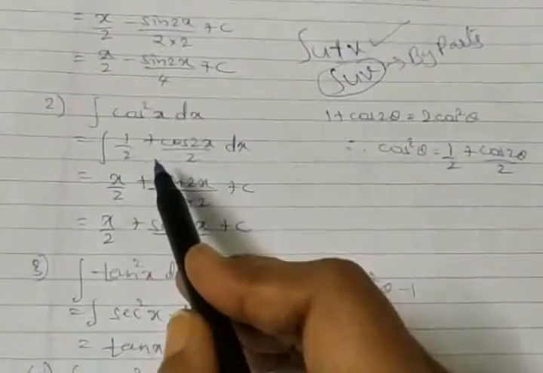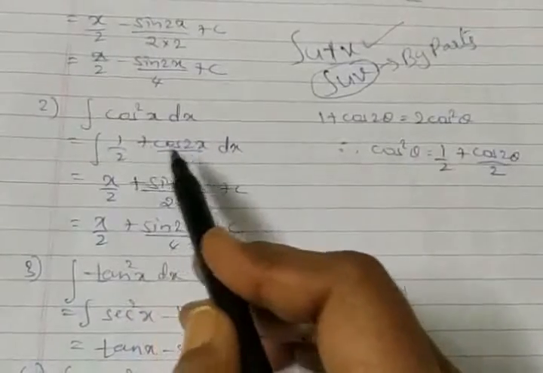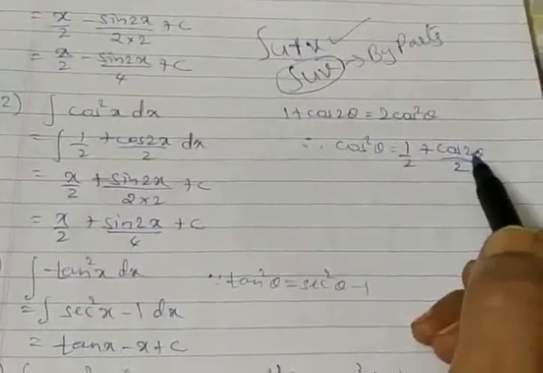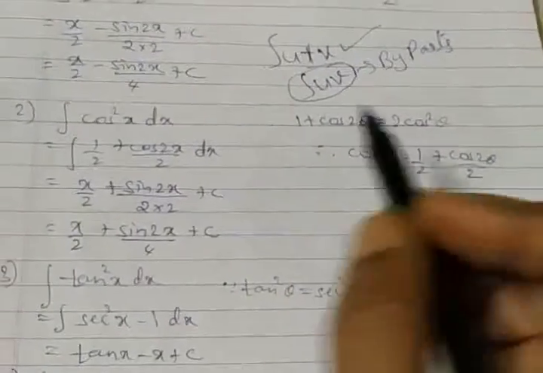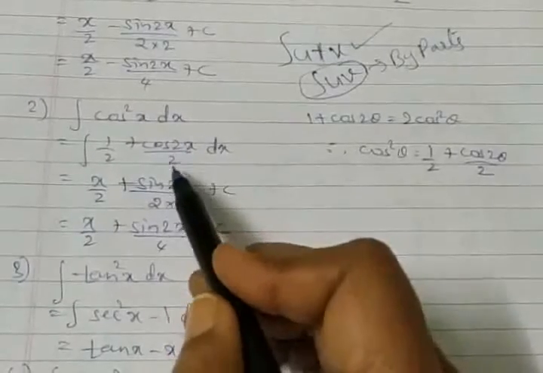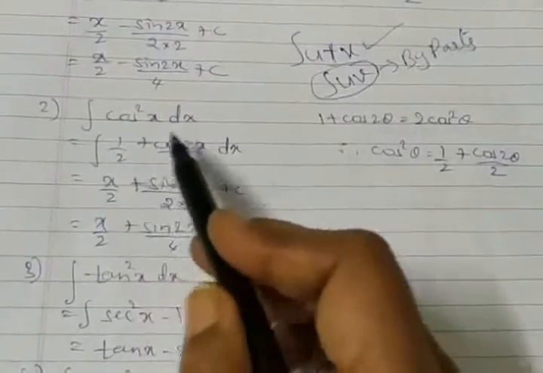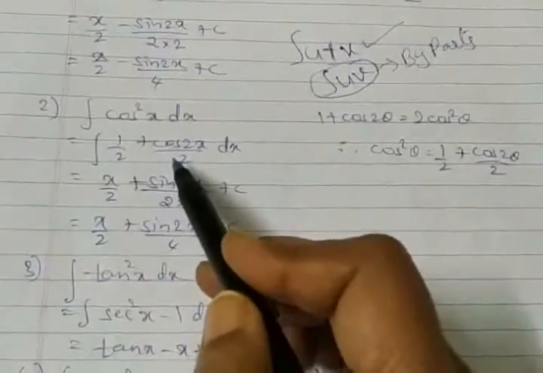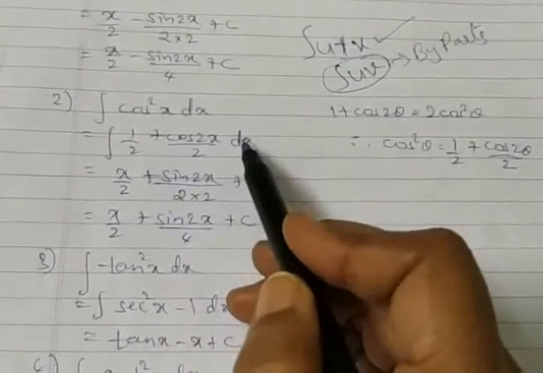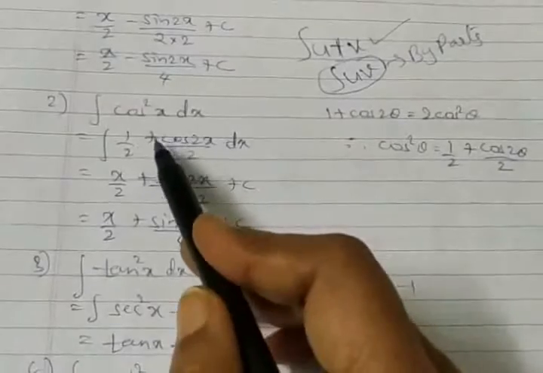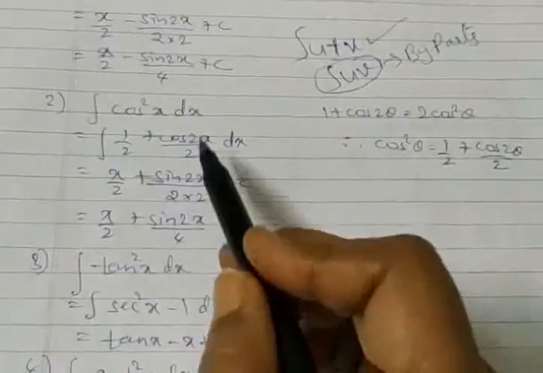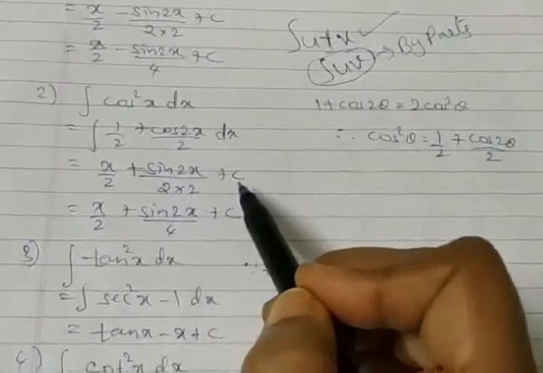So using this relation, we have integration of 1 by 2 plus cos. Please make a note here, theta moves for double, 2 theta, angle part. So accordingly we have x. I need to balance here, we have cos 2x whole divided by 2. Now this is ready for integration, as well as this part is also ready for integration. Let's go for integration. We are left out with x by 2, with respect to x we are integrating, plus here integration of cos 2x is sin 2x whole divided by 2 into 2, plus c.